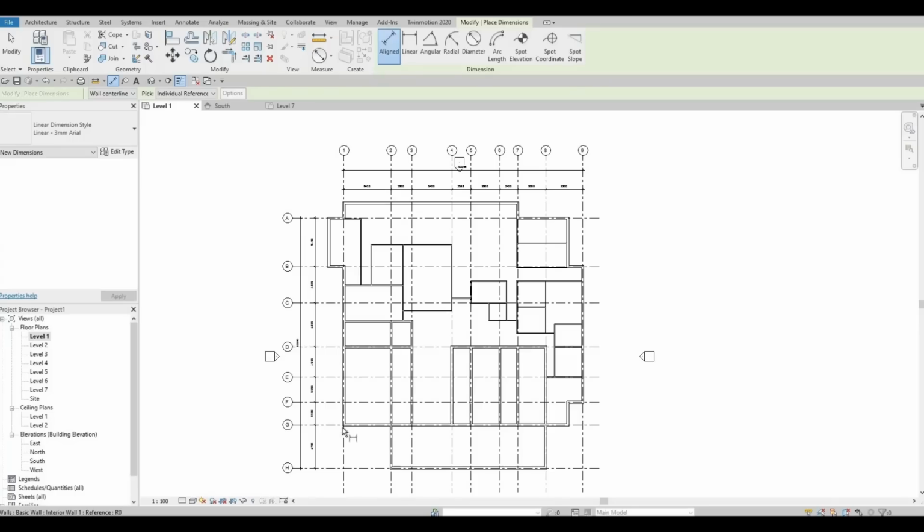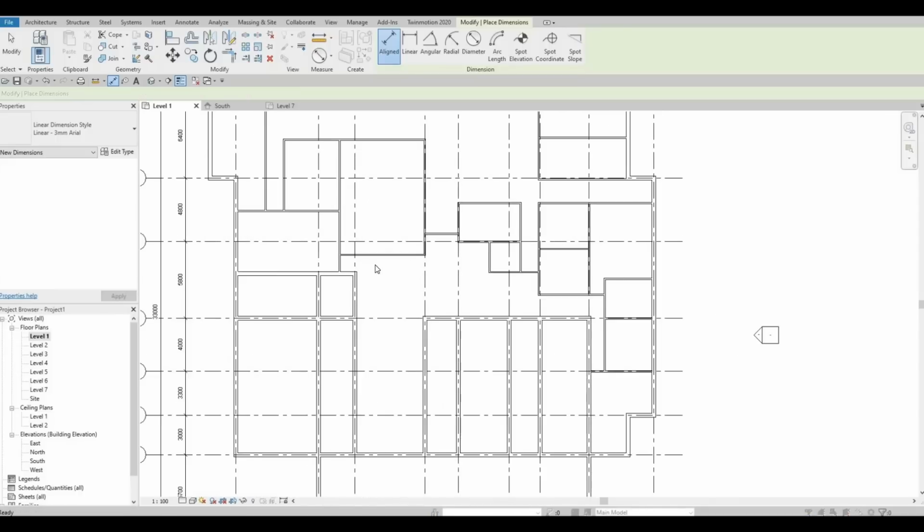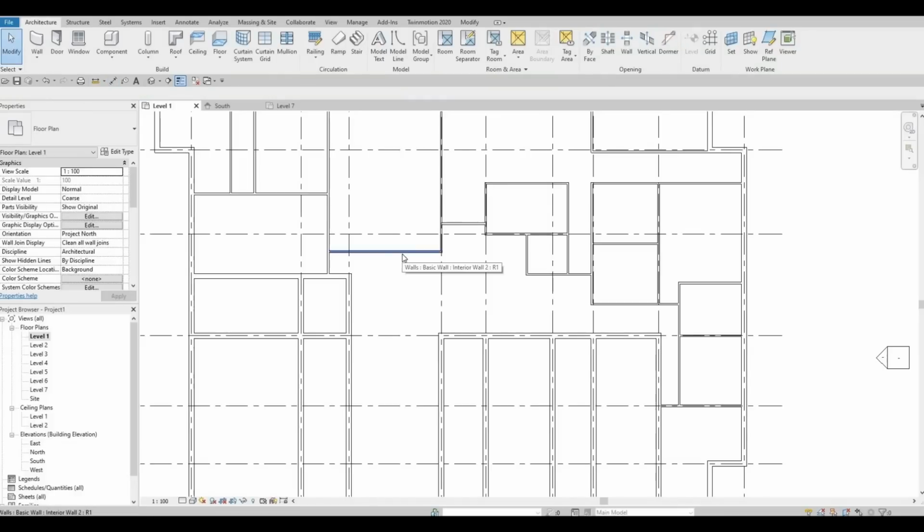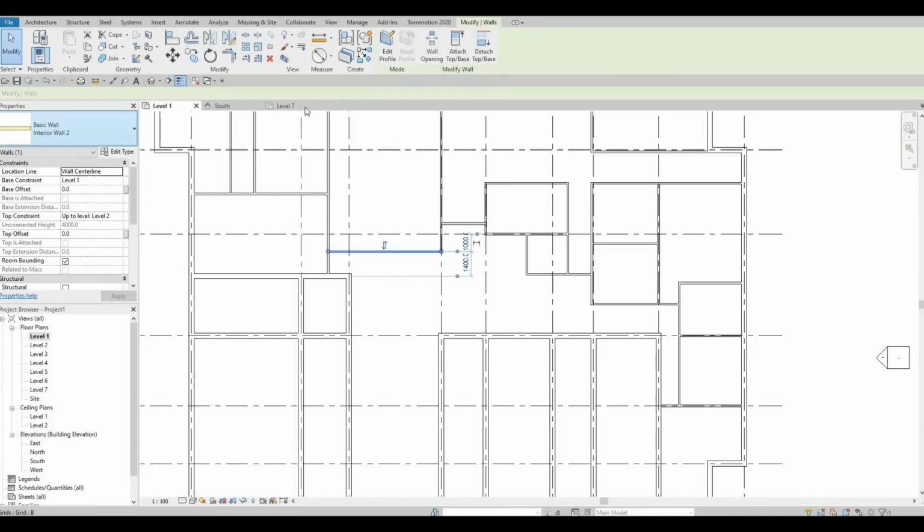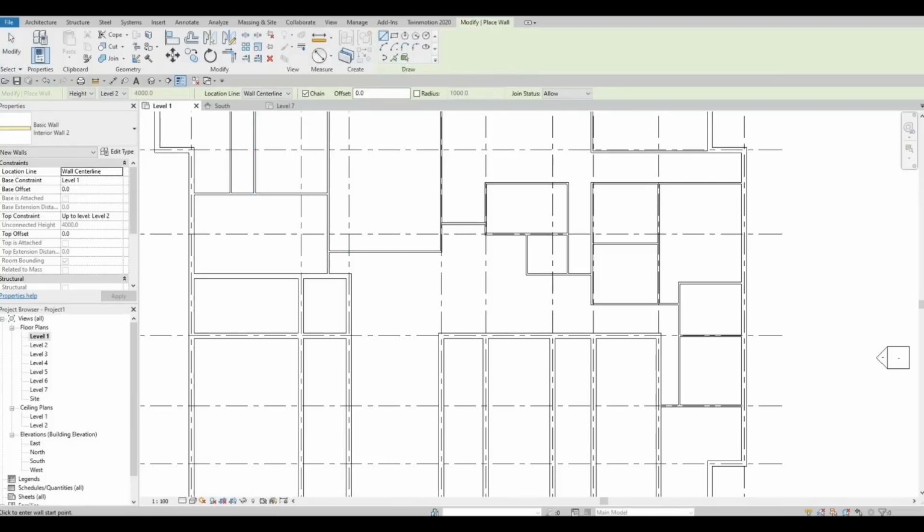So in the previous video, we were able to add the grid lines, levels, and also exterior and interior walls. In today's video, we're going to continue working on this. So I'm going to zoom in here, and I'm going to use interior wall number 2, and I'm going to click CS. That's for create similar. I wanted to create the same